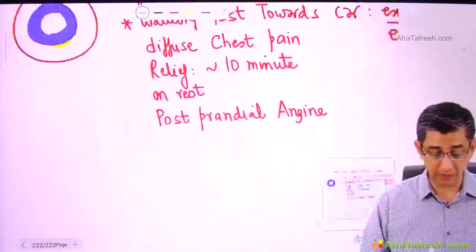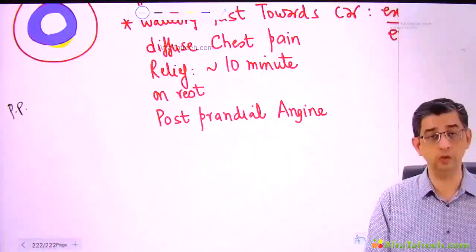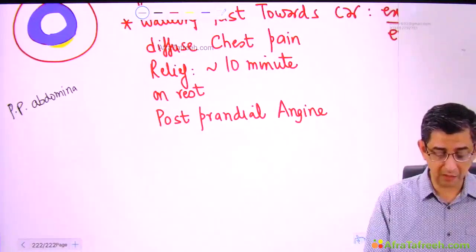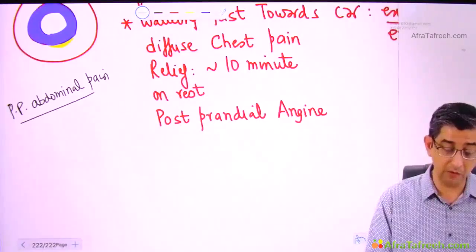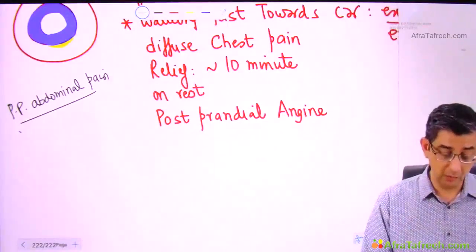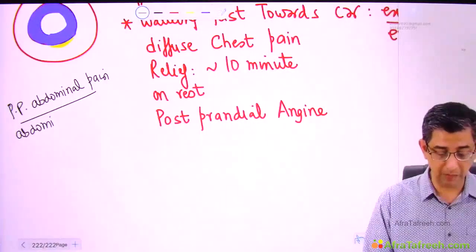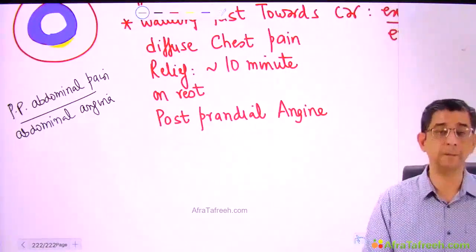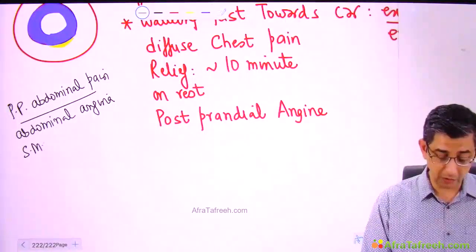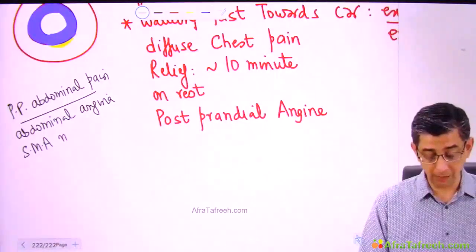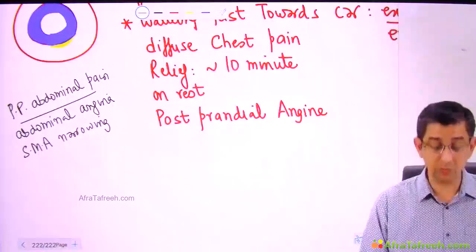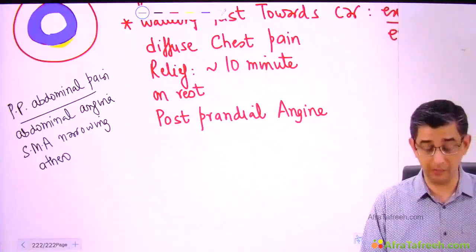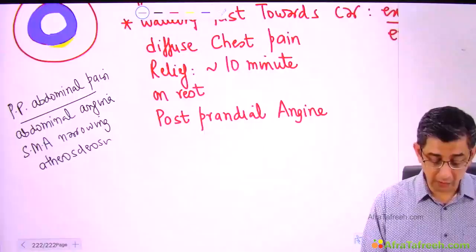At this particular junction, I want to highlight that if you read about an individual who's, let me say, 60, 70 years of age, and he says, "Sir, every time I eat food, I start having severe abdominal pain to the level that I've stopped eating food." Guys, at the moment I'm discussing another topic, though the main topic of the discussion is chronic stable angina. I am teaching you what is called abdominal angina. Abdominal angina again occurs because of atherosclerotic narrowing of the superior mesenteric artery. You can see that atherosclerosis is such a nasty disease that it can obviously involve the abdominal aorta, coronary and popliteal artery, but it can even cause narrowing of the superior mesenteric artery.